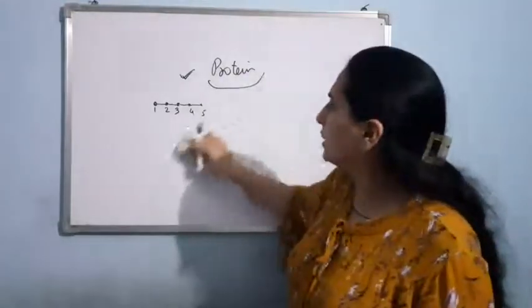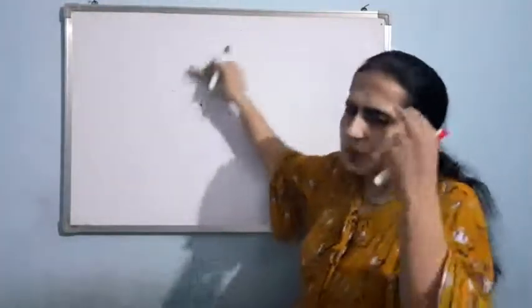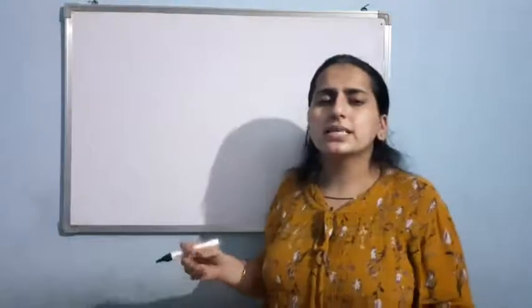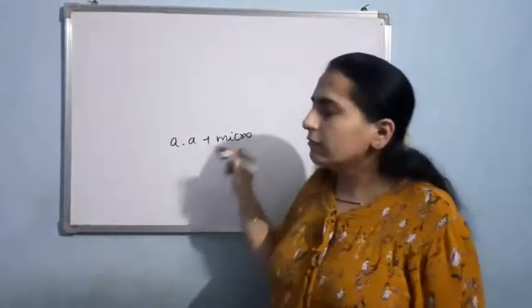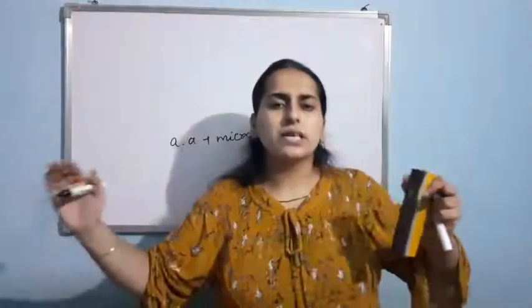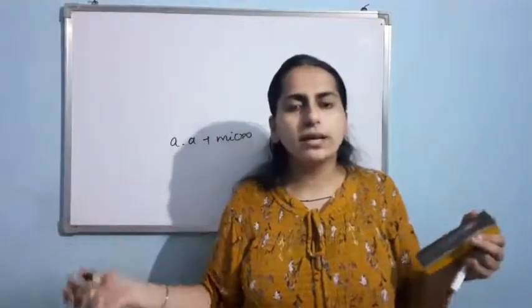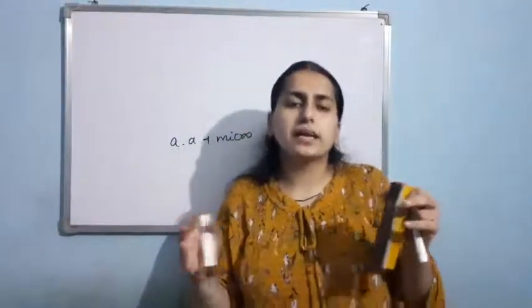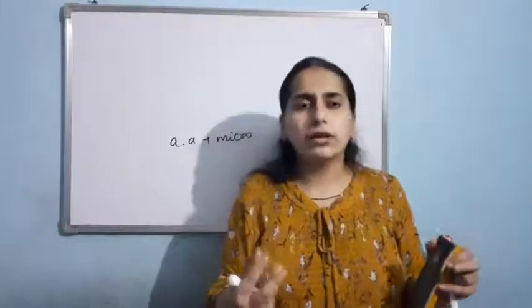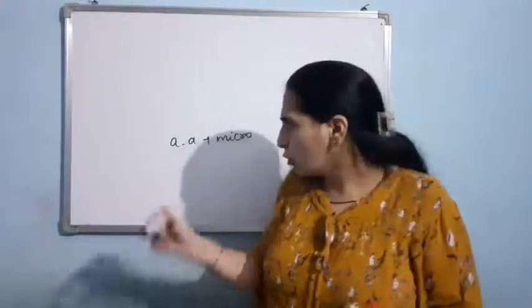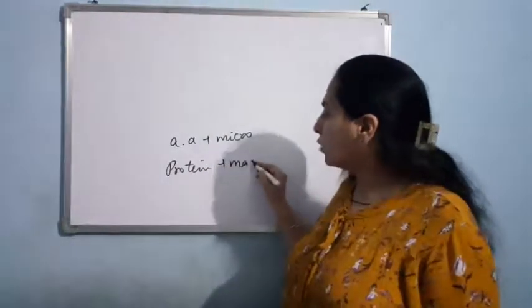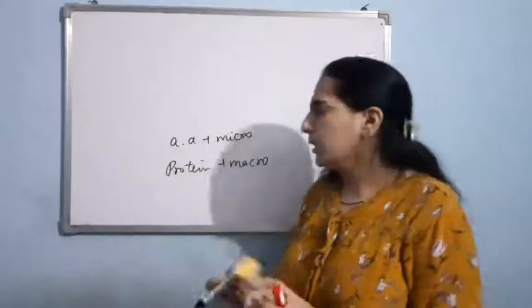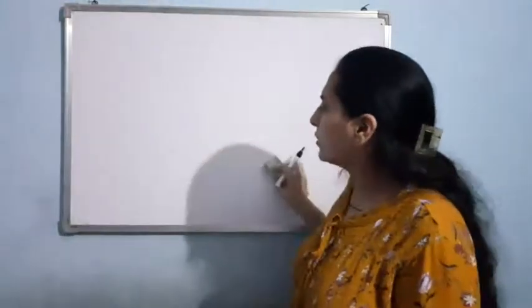So let us study the amino acid. And it is a common sense thing. The amino acids, they are biomicromolecules, and when the amino acids make a chain, that will form protein, and obviously if the amino acids are collecting, they are making a chain, then the weight obviously increases. So the resultant protein is a biomacromolecule. I hope this is clear. Now let us talk about the structure of amino acid.